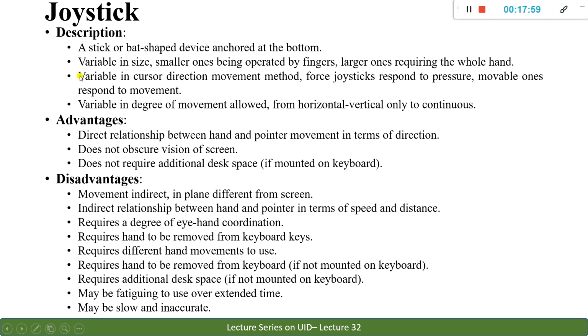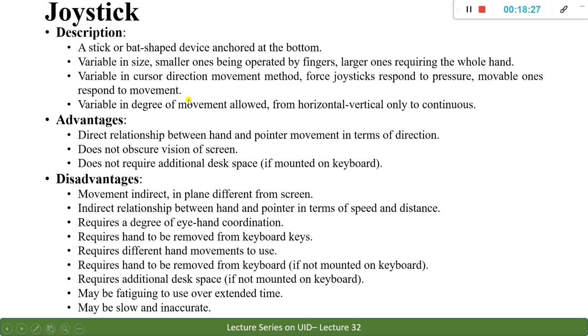Okay, so the next thing is that it is variable in cursor direction movement method. I mean, you may have a variation in the cursor direction also. Like if you are pushing your joystick forward, maybe it may go forward, or the programming of it can be changed also. You have to force the joystick to respond to the pressure; movable ones respond to the movement.